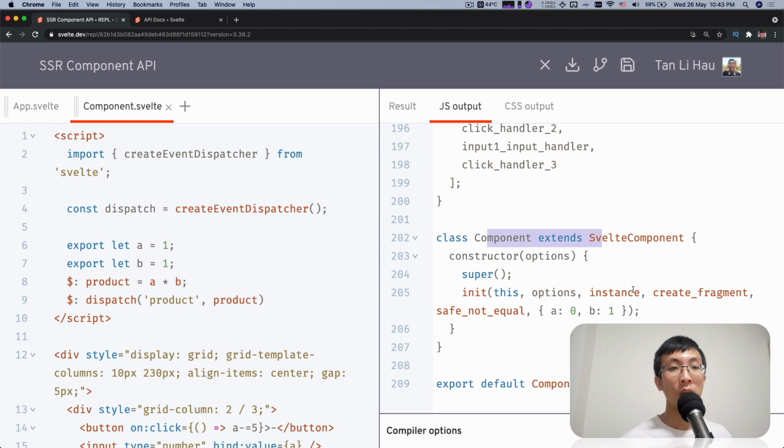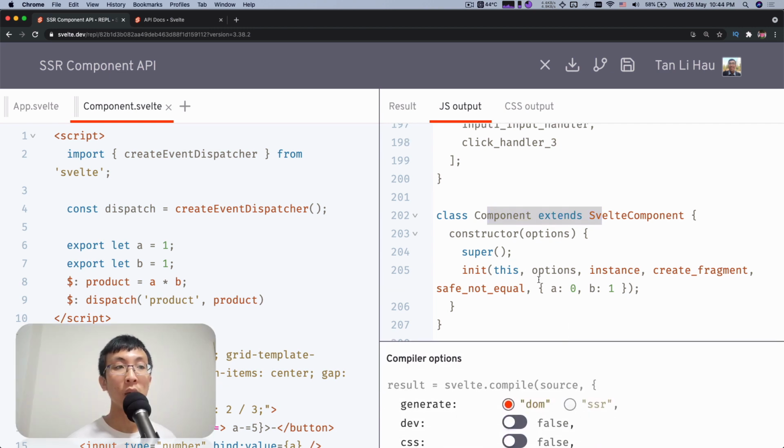But do you know that there's a compile option for Svelte that will compile the same old code that you write for server-side rendering, which is the function I just mentioned, where you can call this function and it returns an HTML string? Amazing, right? The same piece of code can compile to JavaScript that adds elements on the DOM, as well as compile to a function that returns an HTML string that can be run on the server side.